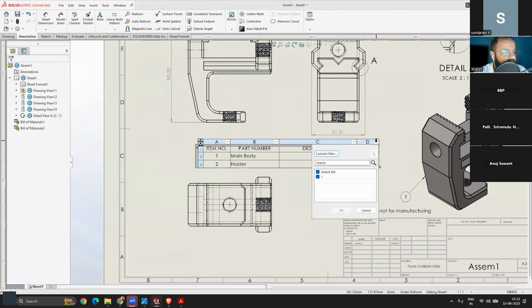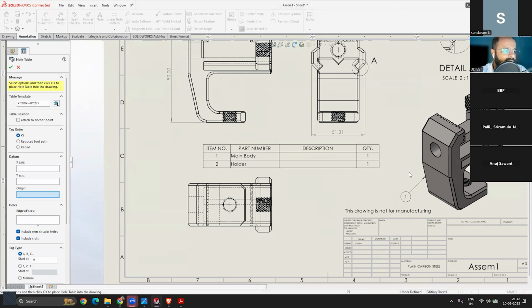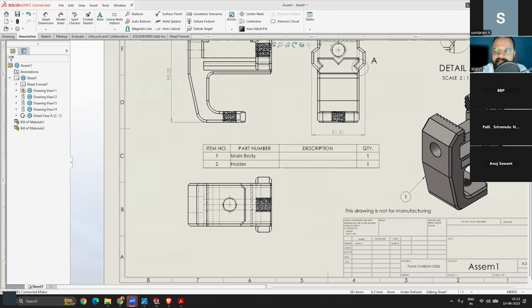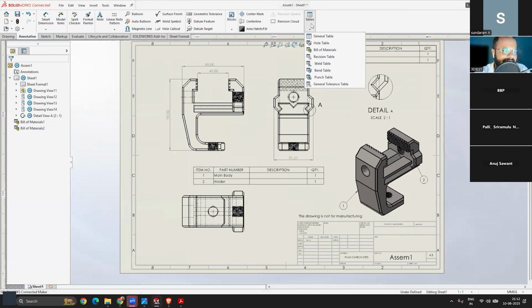Any more questions? The bill of material is very simple, so you can simply insert it from this table. And apart from the bill of materials, we can also insert things like a hole table. So if you select this assembly file, we'll click on finish. Okay, so to create a hole table, we have to define a datum. And to learn datum, we have to learn a little bit of concepts about GD&T, and then only will you have an idea what a datum is.